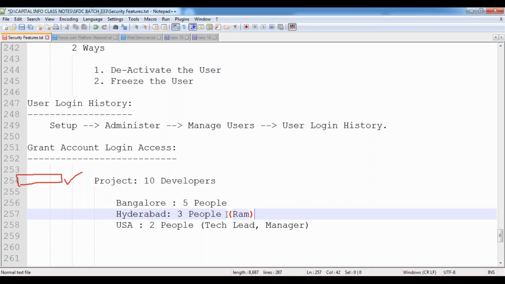As part of your Salesforce organization, Salesforce has given the feature that we can grant our account login access to two people. One is your system administrator. Second one is your Salesforce support people. Why? Because if the problem is because of my application, then my system administrator will take care of that. Suppose the problem is from the Salesforce application itself, because yesterday Salesforce gave a new release, and because of that new release only we are facing this problem.